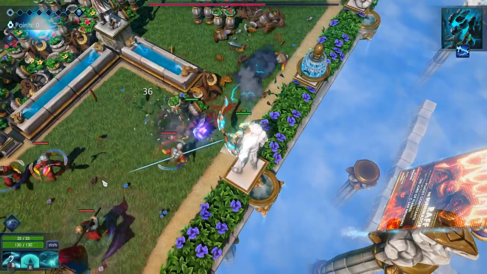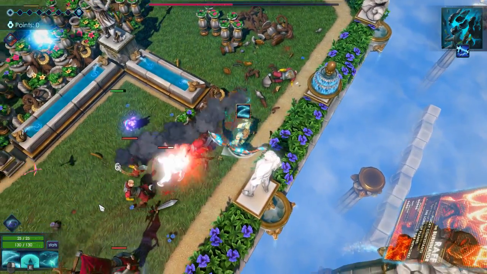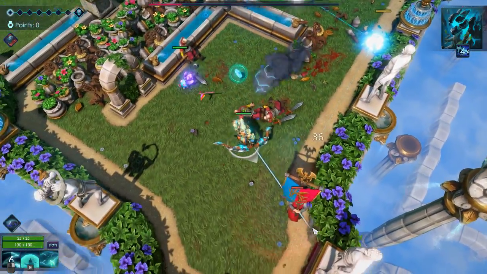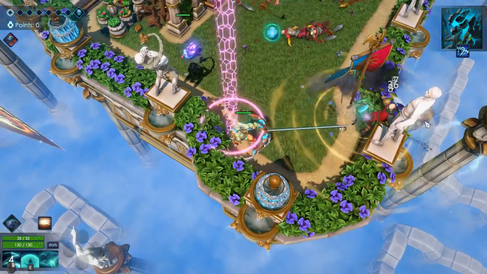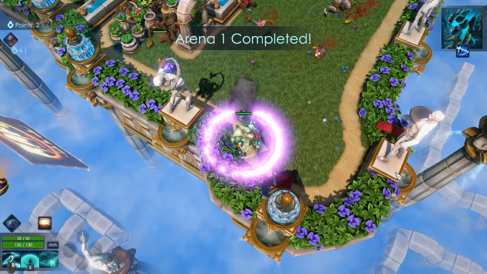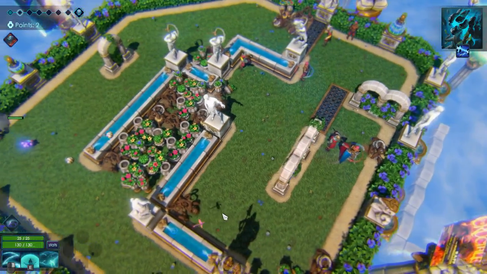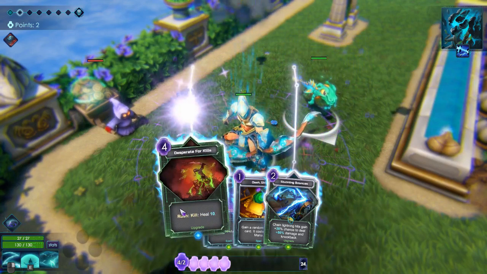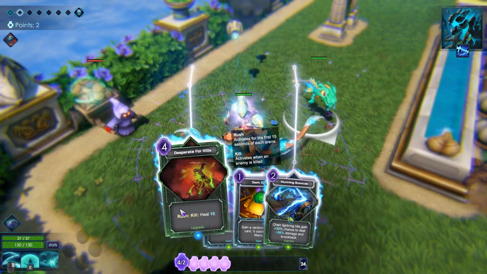Just make sure this Mana Puff survives. Why is the Mana Puff trying to get itself killed? Arena completed. Oh, Mana Puff got itself killed. Perfect. So now I'll